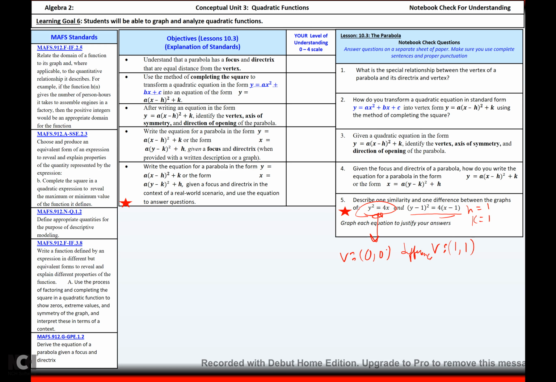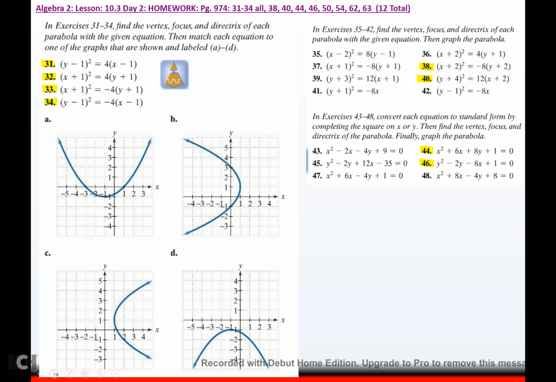One similarity is that this, because 4p is positive, is going to be a parabola that opens right. And this, since 4p is positive, is also going to be a parabola that opens right. So they both open right. There's one similarity. One difference is they have different vertexes. Okay? And we are at homework, which means we are